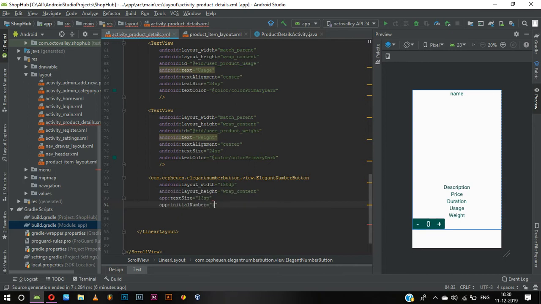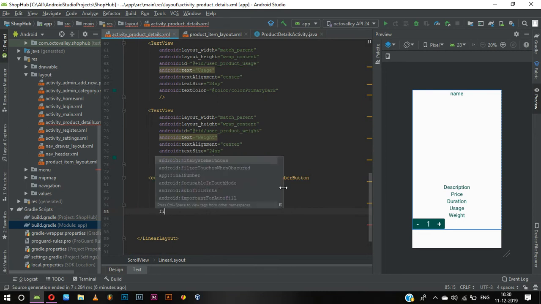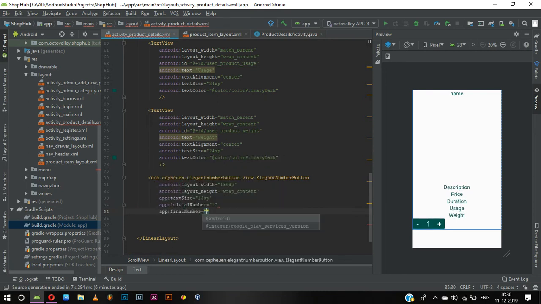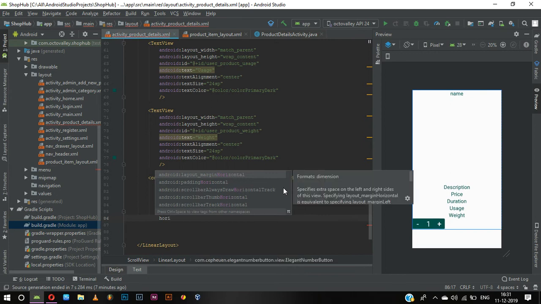Initial number is 1, that is the user needs to buy at least one product. And the final number we can keep it whatever you want, and I'm going to place it for bulk orders, so we can place it as 10,000, or whatever you want. A user can purchase 1 lakh products of the same item, that is 100,000, and we can send it to center horizontal,